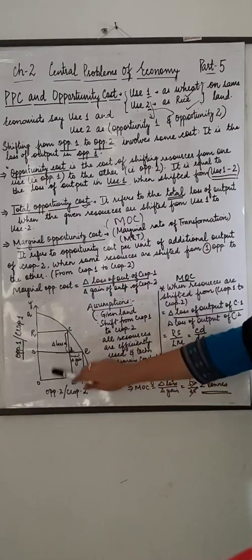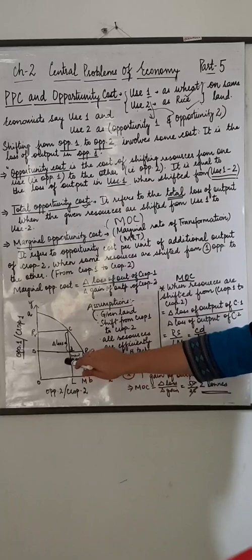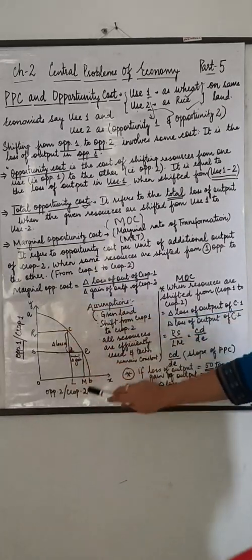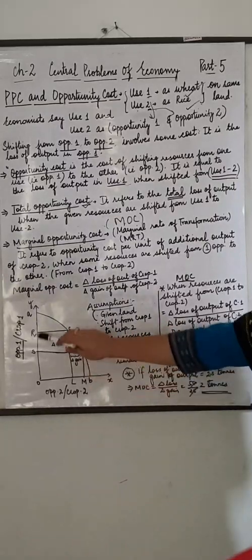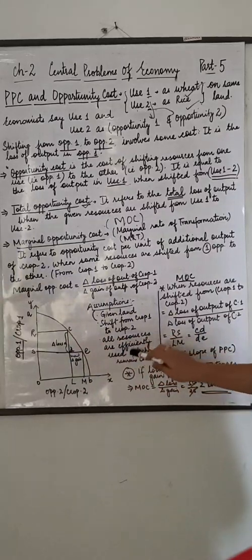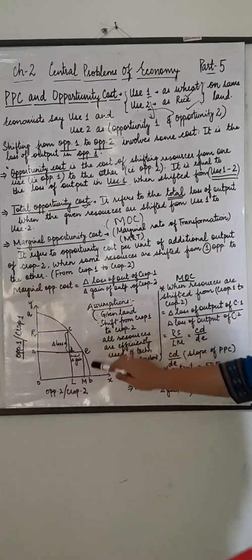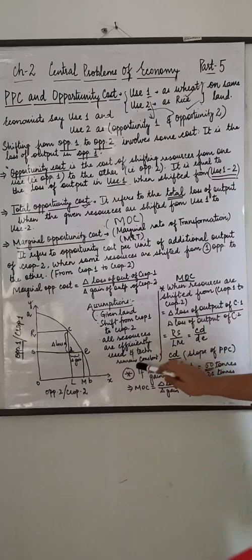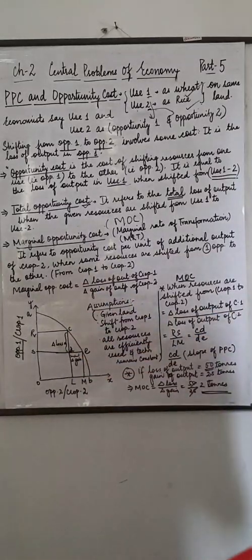Now if you see the curve, we have the following assumptions. The PPC assumes that work is being done on a given land. The shift from crop 1 to crop 2 is shown. All resources are efficiently used because there is only one curve and the points are on it. This means the points there are efficiently used, and technology remains the same, that is why it is a PPC. Alright, now what does it say?